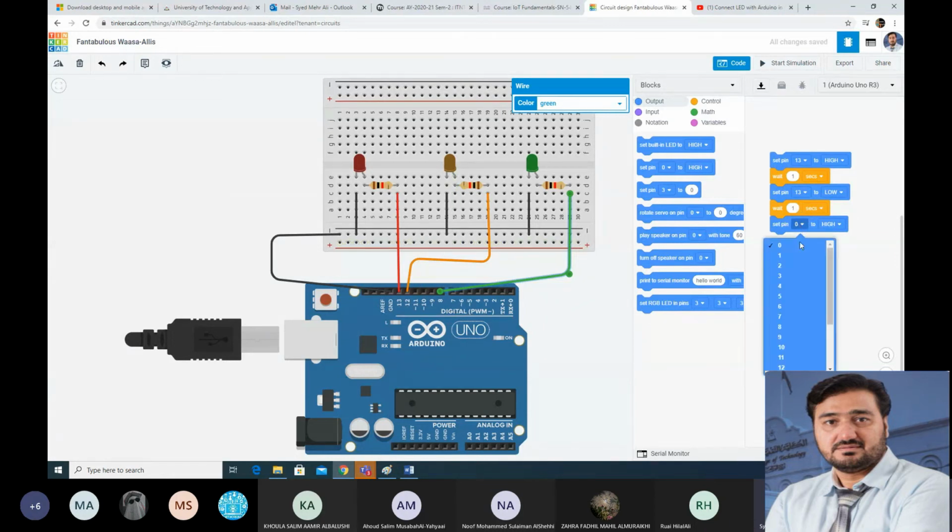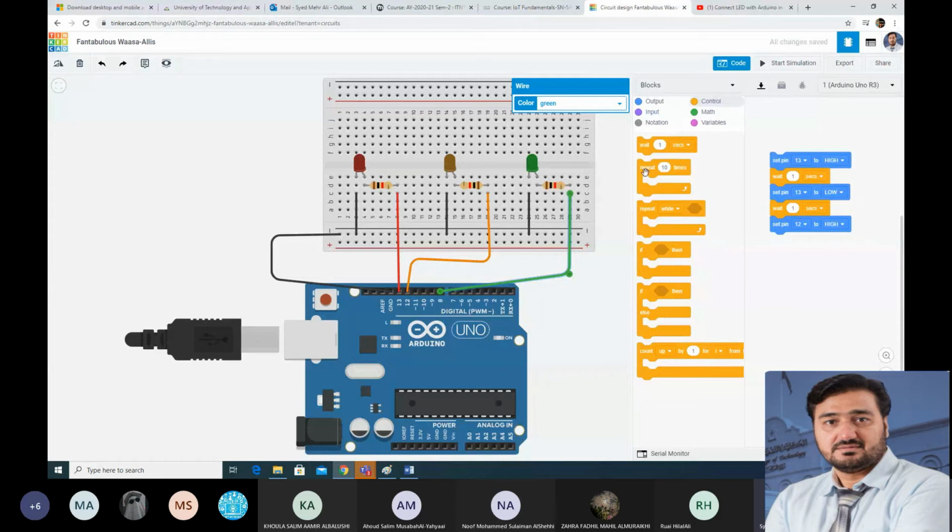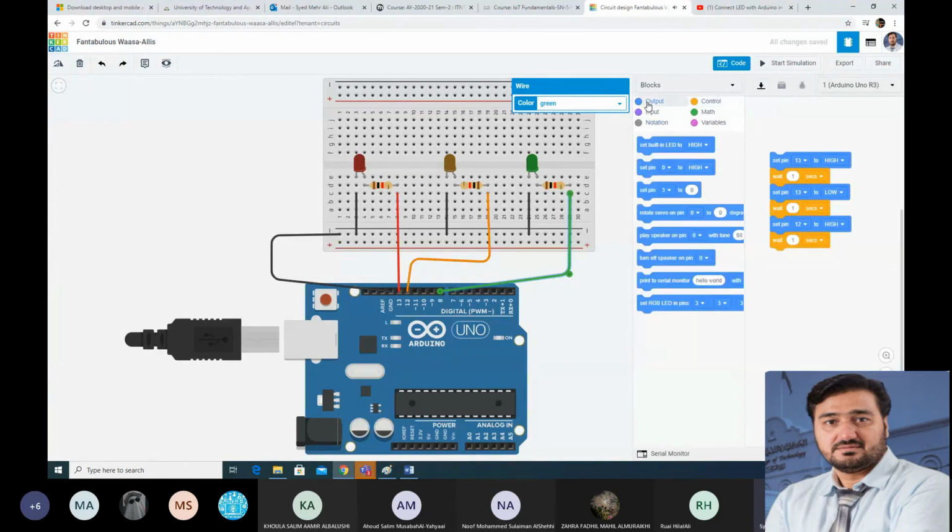So pin number 12 to high, and again go to the control and wait for 1 second, and then again set the pin number to low. So set pin number 12 to low, because we need to turn off this LED.